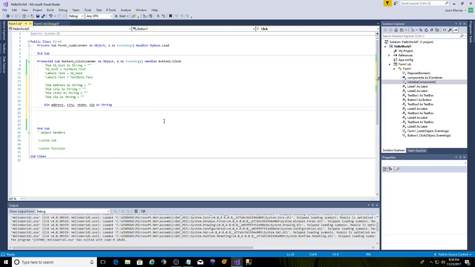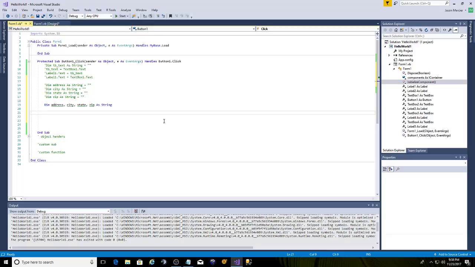It's kind of the way that programming works, and you'll learn this stuff as you go. This is not stuff that we pick up right now, not anything we're supposed to know the second we look at a program. It's little things that you'll learn as you go on, as you make the mistakes. It'll come to you. So in this case right here, we're just going to address, city, state, zip as string,